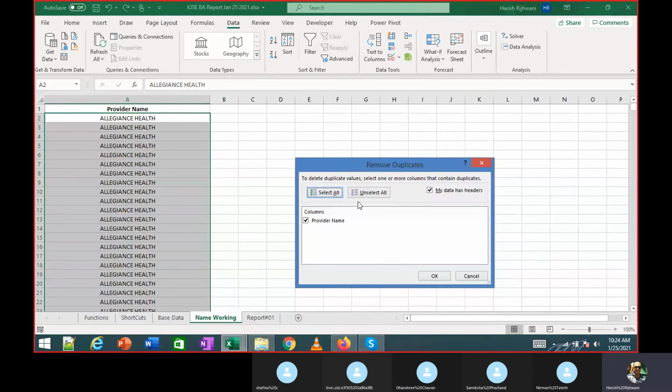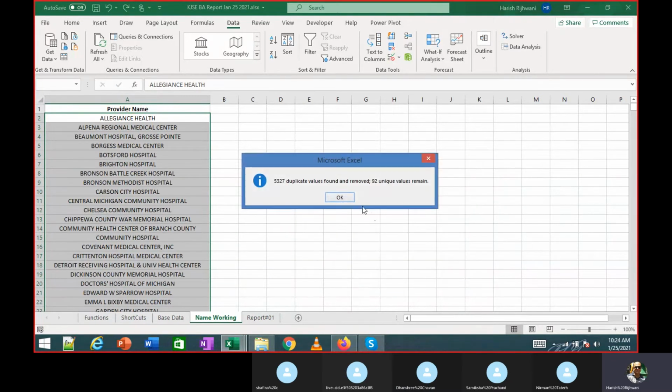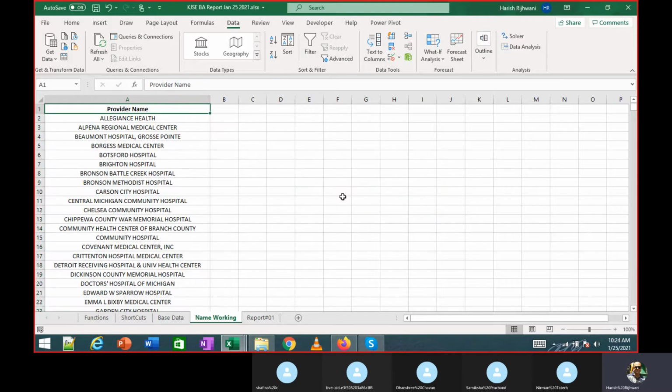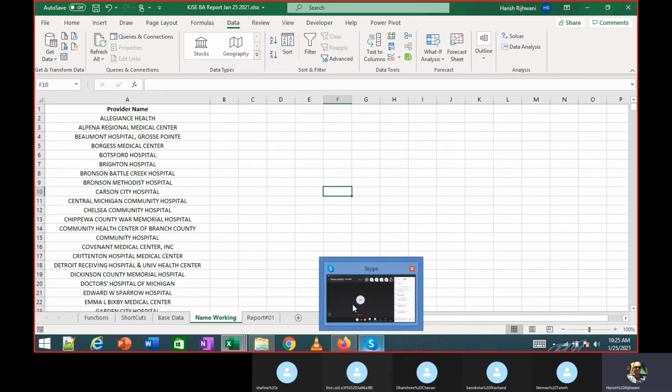It will remove the duplicates. It is automatically selecting the region, and when I press OK, it tells you there were 5,327 duplicate values found and removed. 92 unique values remain. So it removes all the duplicates and only these values are remaining now. Do you have that? Yes, sir, done.